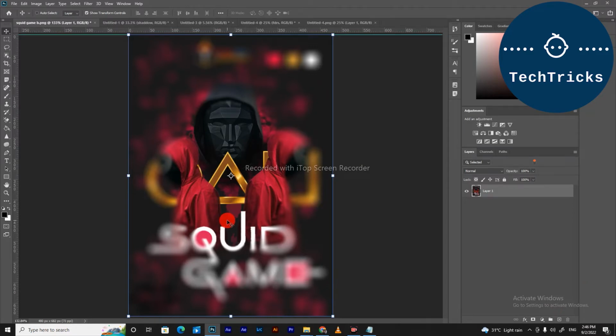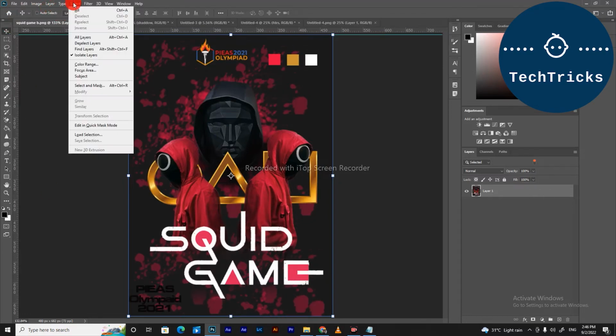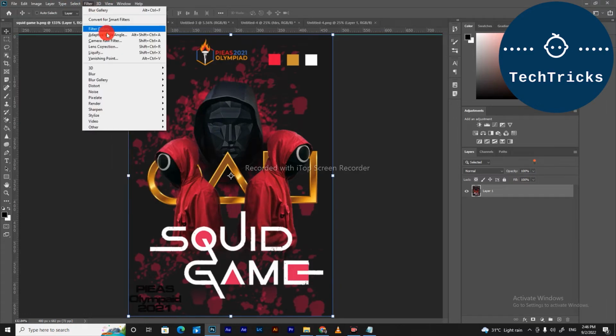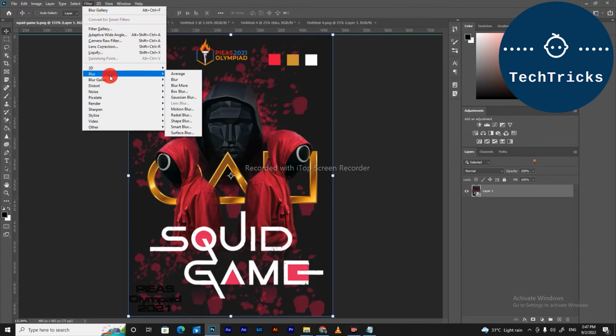But if I save this document right now, I cannot change it after that, and I will be stuck with this picture. If I don't want to do this on my picture or document, I can go to the filters option and then go to convert to smart filters. And as I go to convert to smart filters, I can then add the blur,